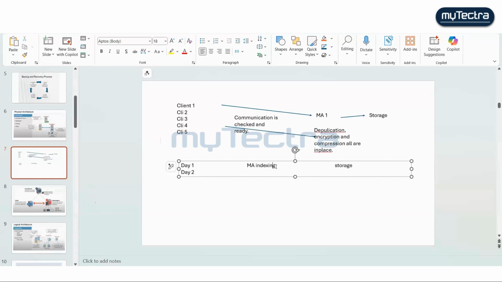So now it has created the index for all the 5 clients. On day two, what will it be doing? It will be referring to this indexing first, from the previous data that went to the storage. Whenever the day two backup is happening, at that point of time,